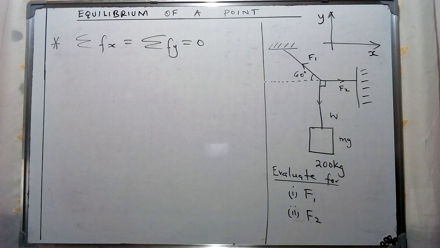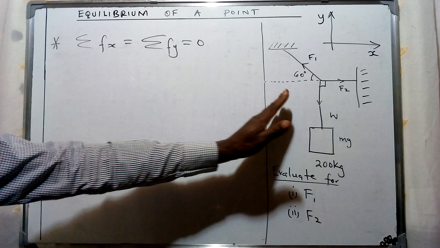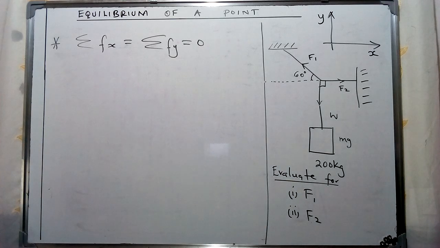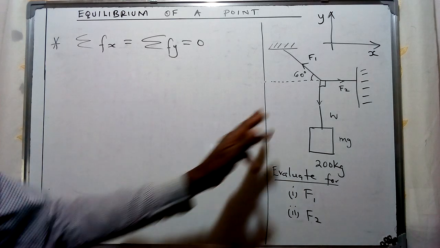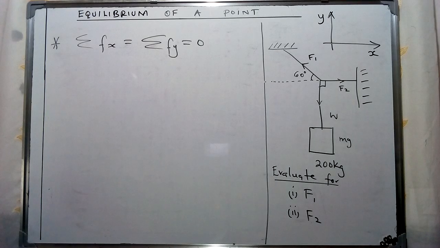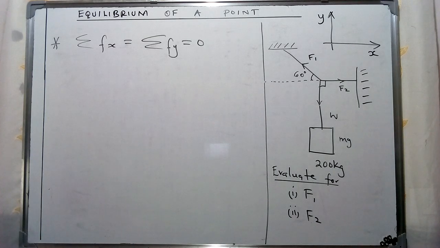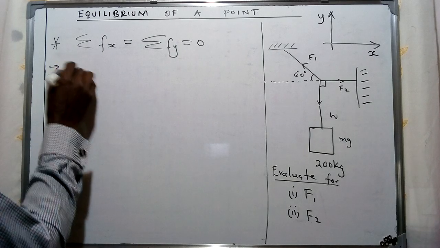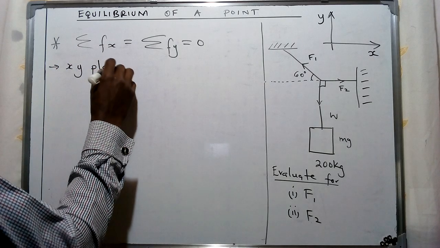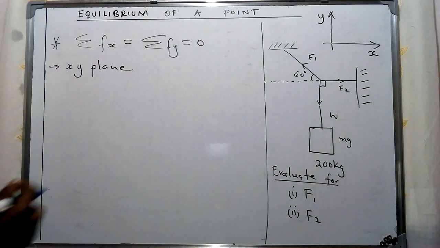Now we're going to look at this specific example, and as we do the analysis, I said that we considered the aspect of torque in our previous case, and this analysis is not going to consider torque. So having chosen our frame of reference as the XY plane given on the top right part of our illustration,